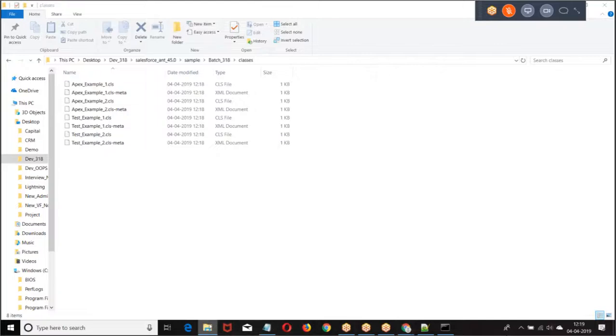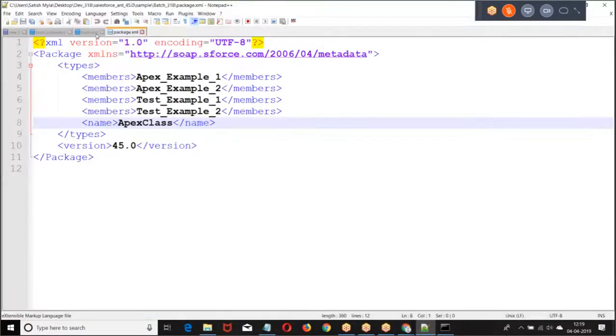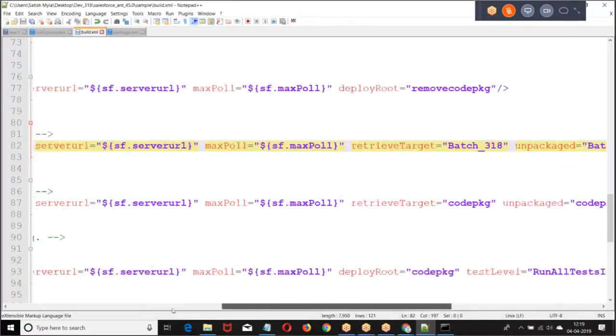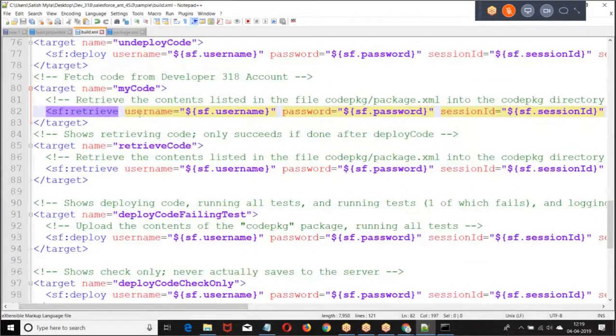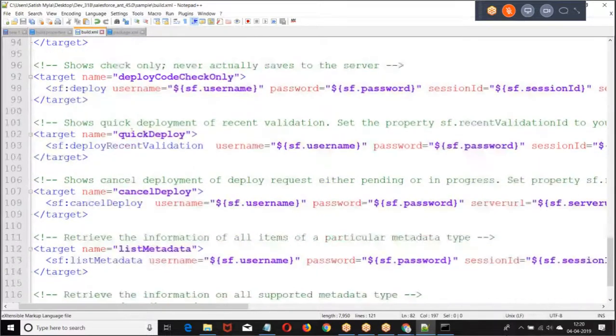But if you want to deploy, what are we supposed to do? Go back to this. We need to define a target. Deploy the code.